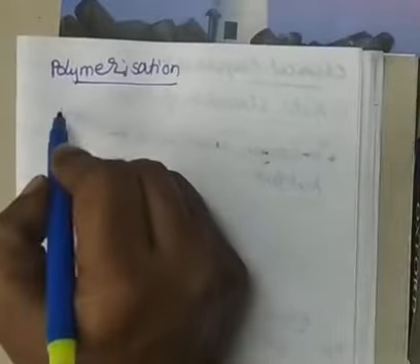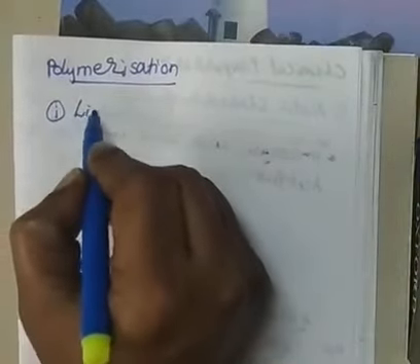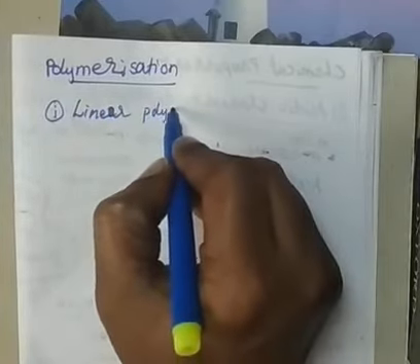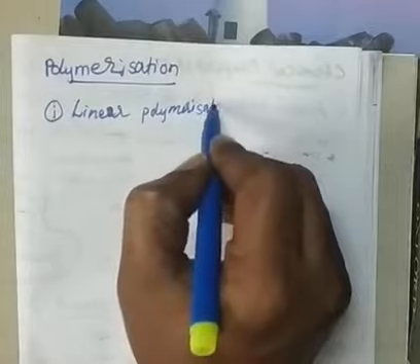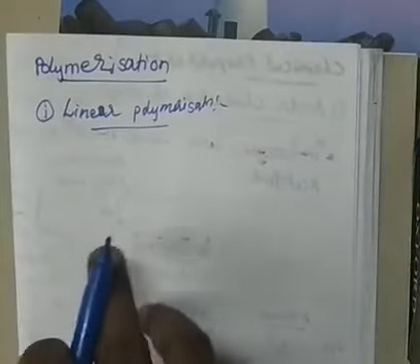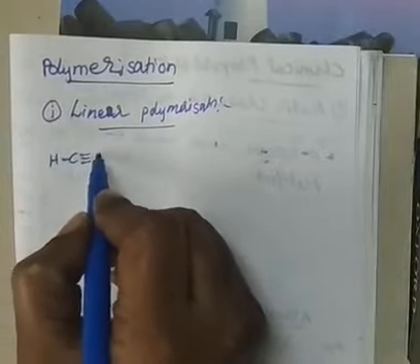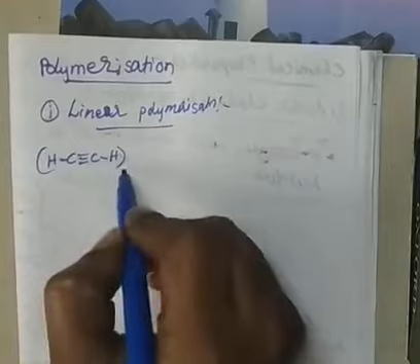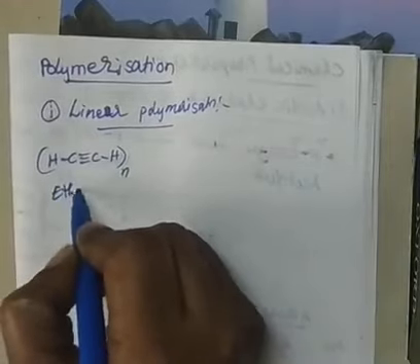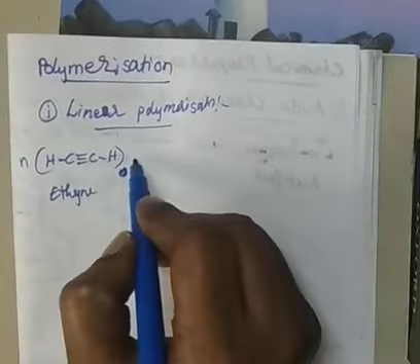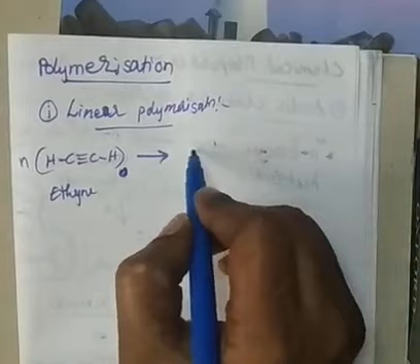Polymerization. What is polymerization? Forming a polymer. In these two, alkenes we have learnt only one. Linear polymerization is possible, and cyclic polymerization is possible in alkynes. It is exactly similar to that of alkenes. For example, if I take ethyne, n number of ethyne molecules, say 1000, this will first convert into